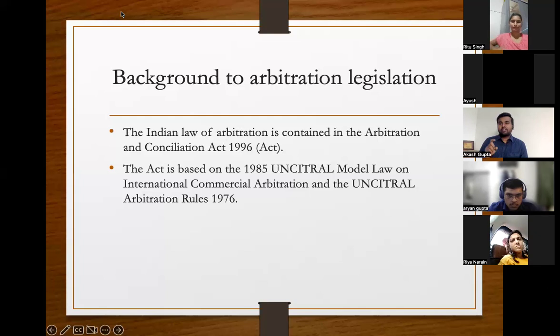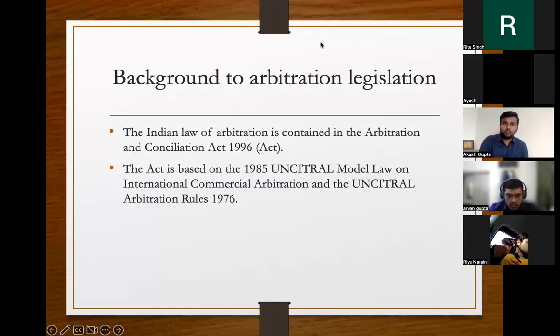What if instead of India, they have used the term New Delhi as the seat? Which courts will you go to? The Delhi High Court. Now, guys, please understand this. When you say India as the seat, India is huge. Which city is the court? Which state? So you need to always mention a city. When you say Sonipat, when you say New Delhi, you get the jurisdiction. But when you say India as a seat, it becomes a problem. So this is what we mean by seat. And the seat law is also called lex arbitrae, which is the national arbitration law.